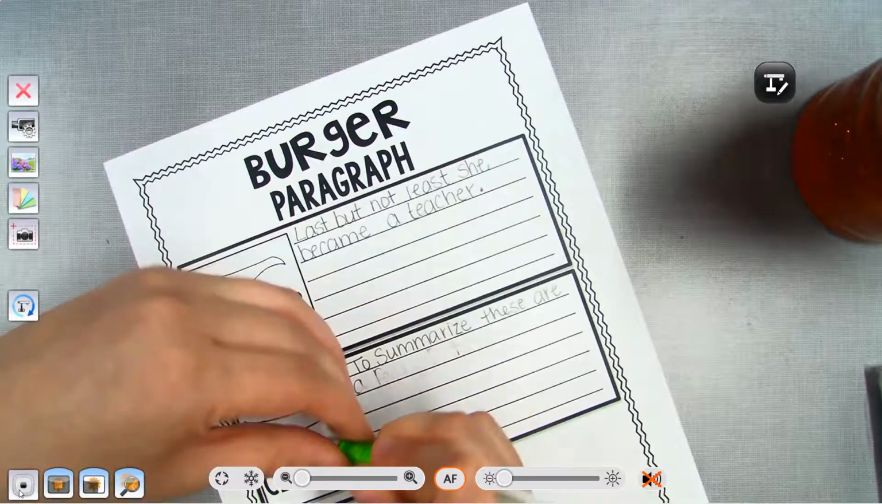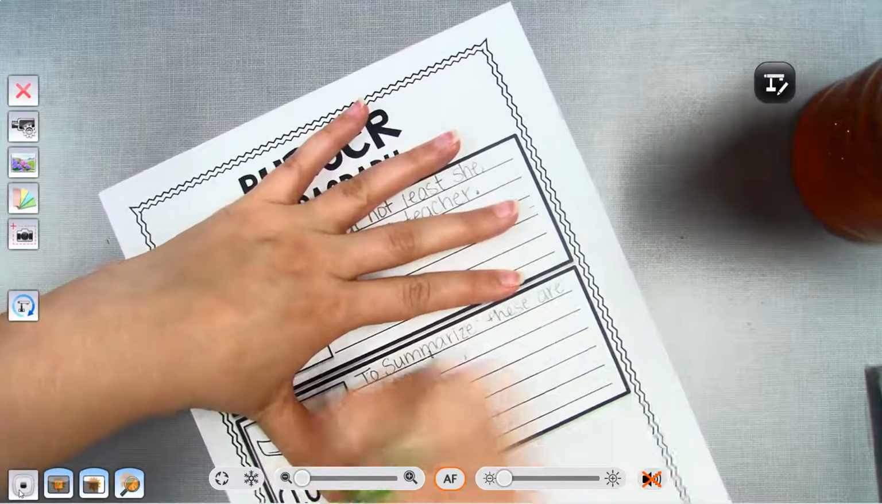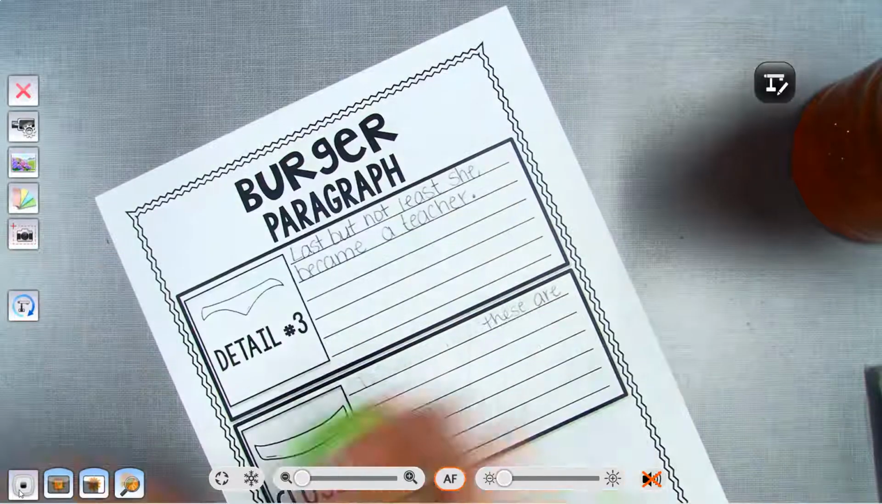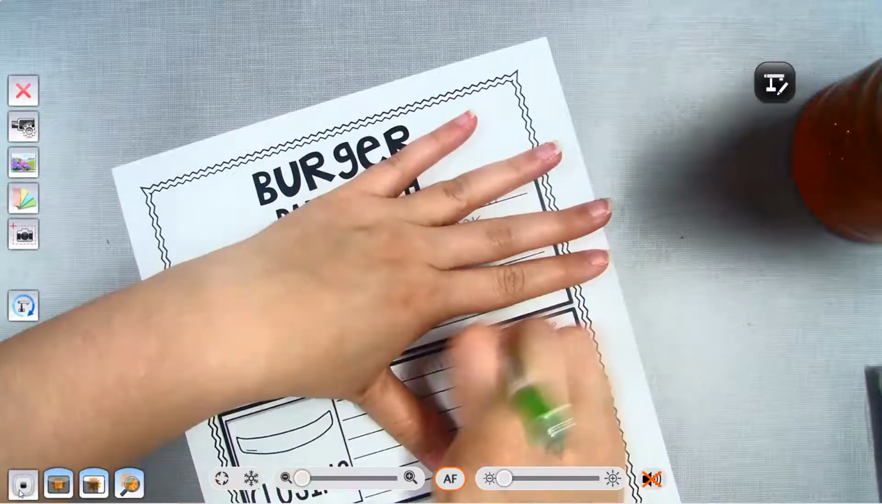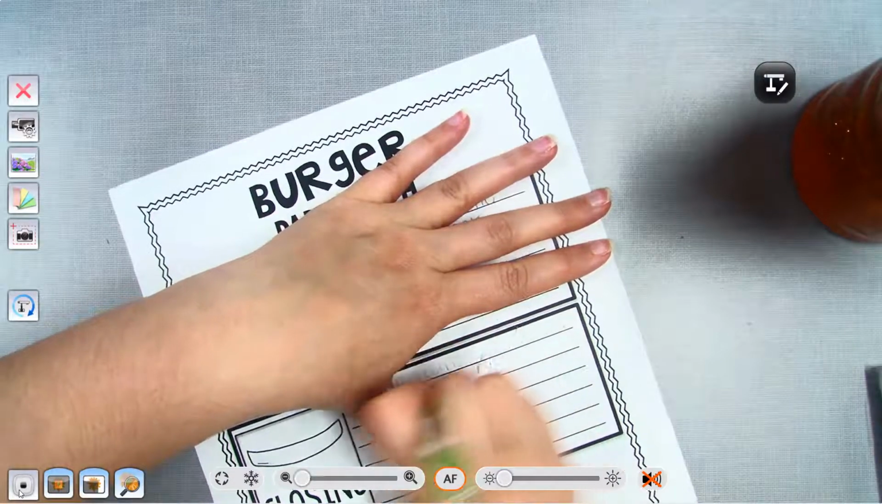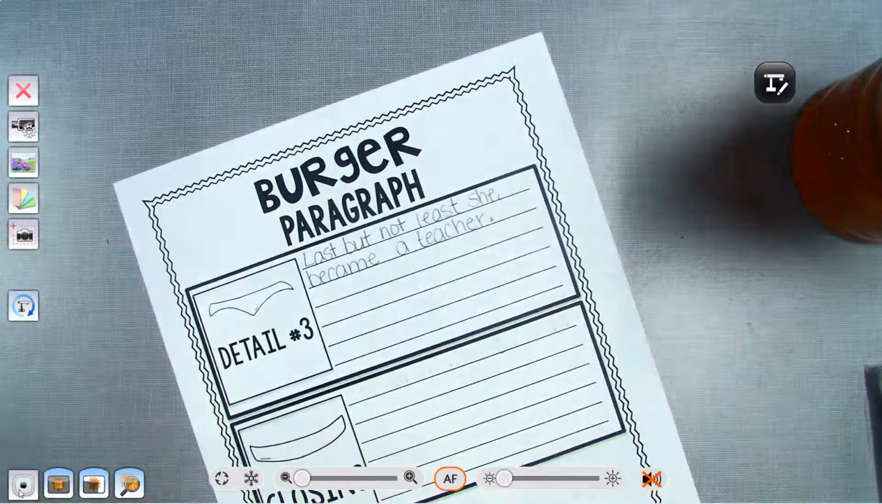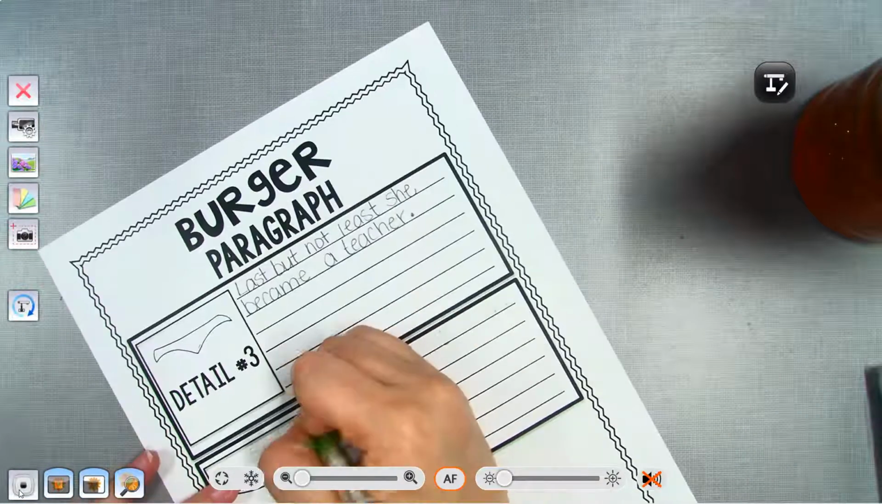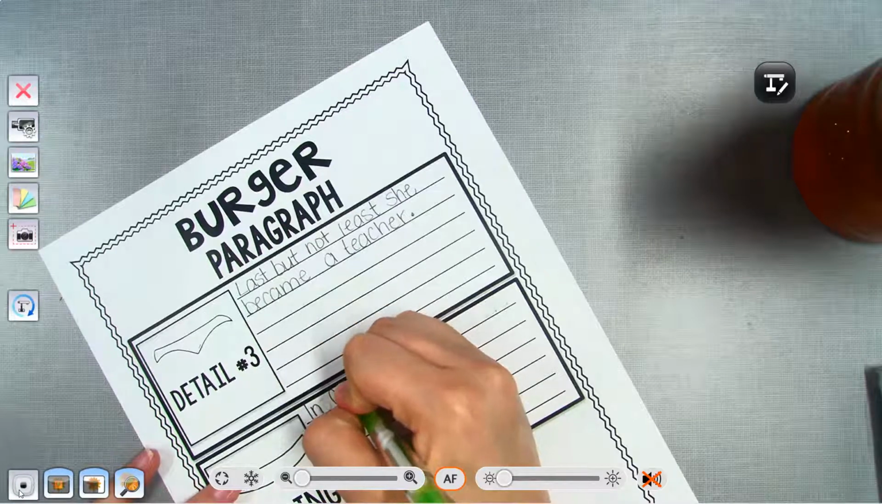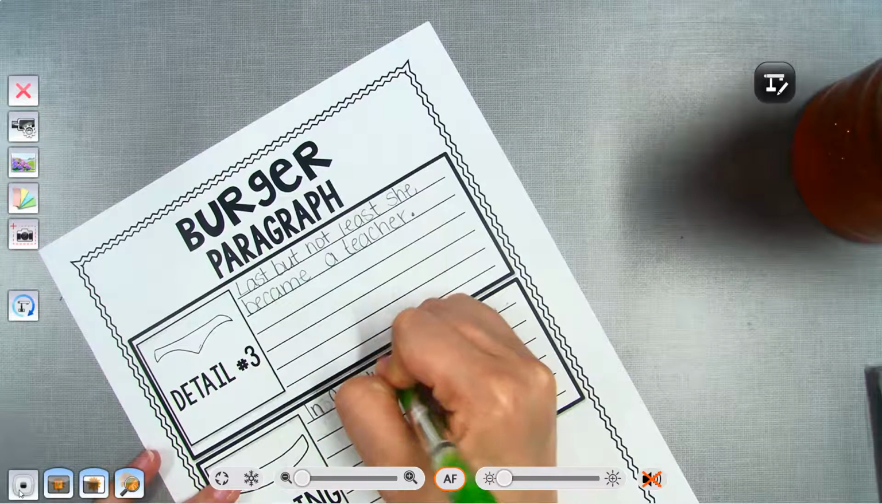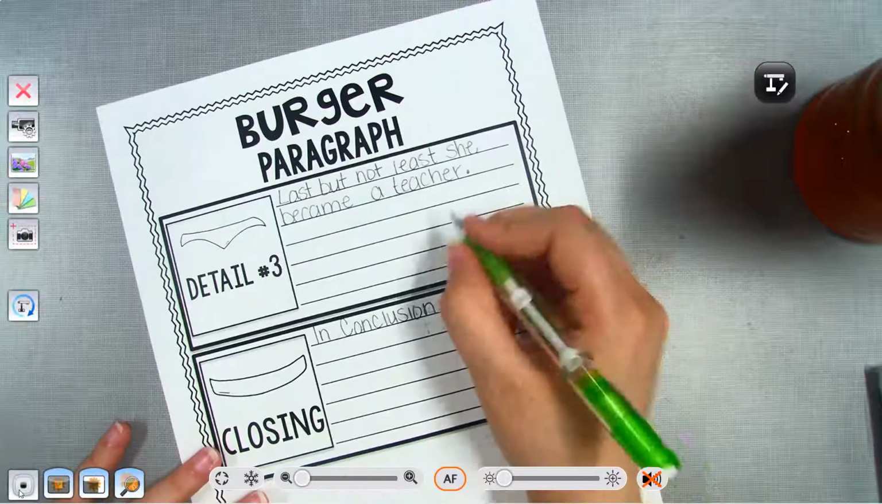Let me erase that. And it's okay, guys, if you start writing something and you don't like the way it sounds, it's okay to erase and to try something different. You don't have to be perfect and get it right the first time. I think I'm going to do in conclusion. I think I like that one better. In conclusion,